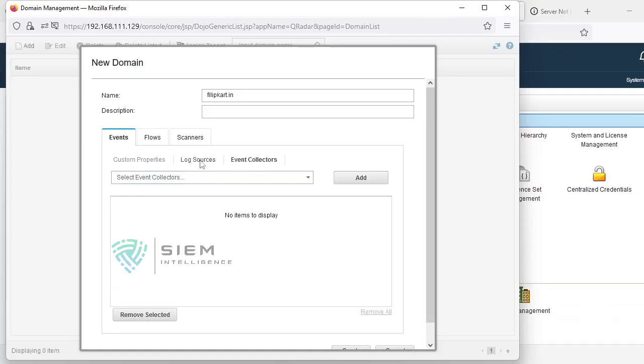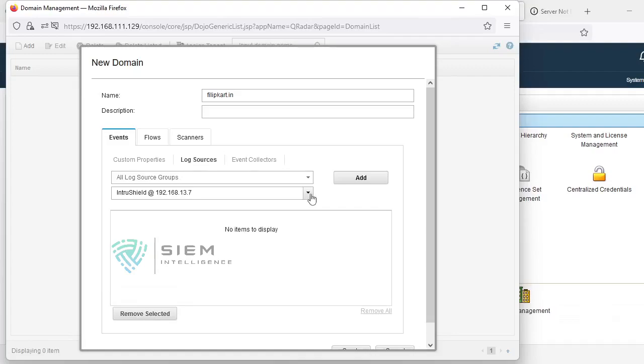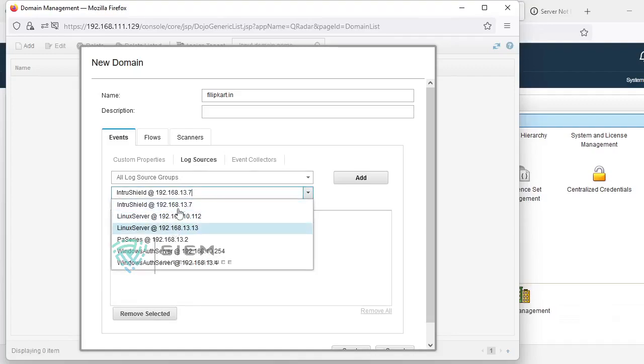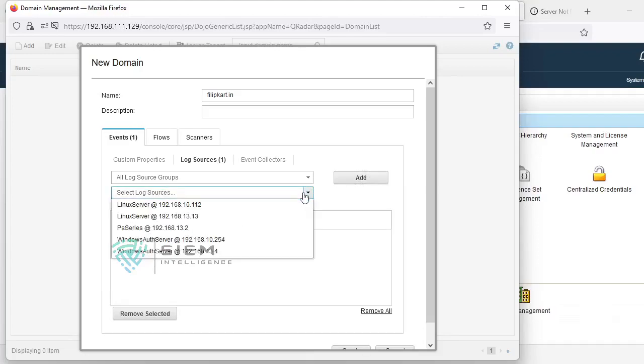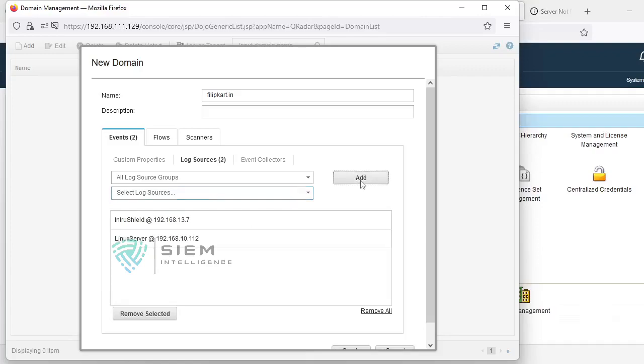Else, the easy option is, whatever Linux logs I consider as Flipkart, and Windows logs as Mahindra. So here I am going to add this one, and Linux as well, and then another one. Yes, these three services are from Flipkart.in, from that particular domain.